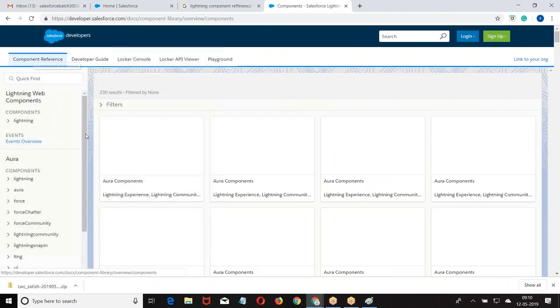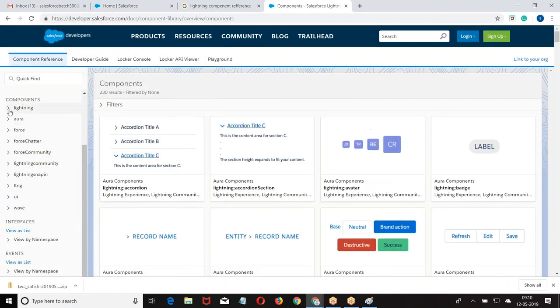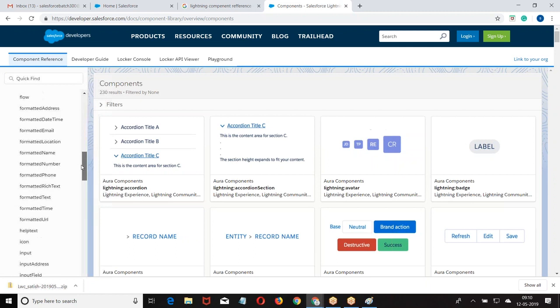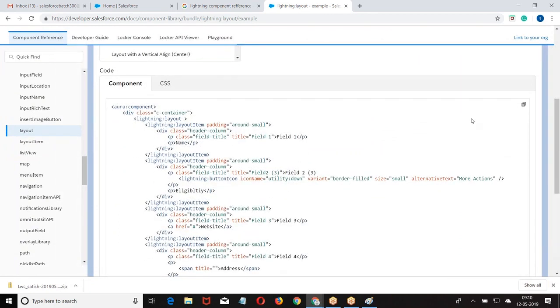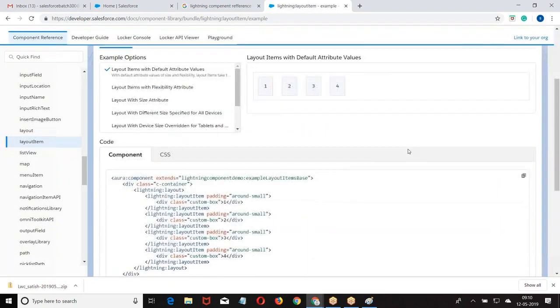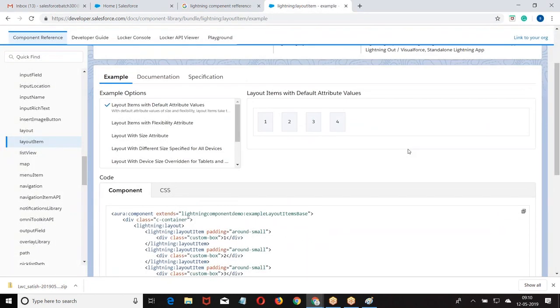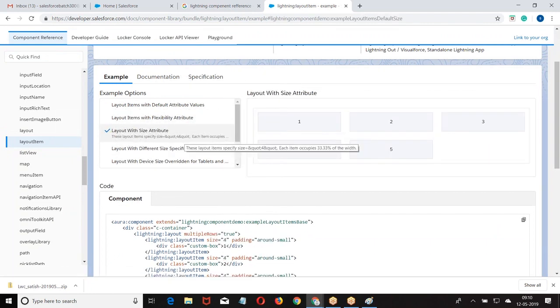So let me show you that. Lightning layout items. Now what was this? Breaking the row into number of columns. Breaking the layout into number of columns.